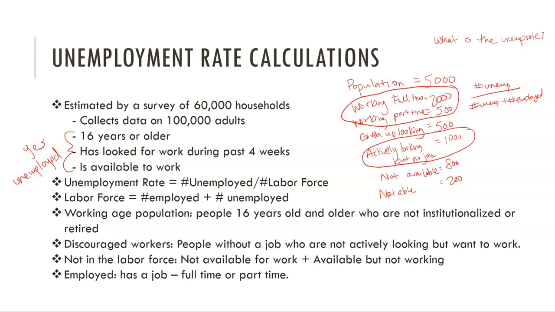So all of these numbers together are going to make up our total labor force. Our labor force in this case is going to be 3,500. Our number of people who are unemployed is going to be 1,000. So we'd say 1,000 divided by 3,500. And then since we want to get a percentage, we're going to multiply this by 100, like we've done in past examples. So 1,000 divided by 3,500 gives you 0.2857,